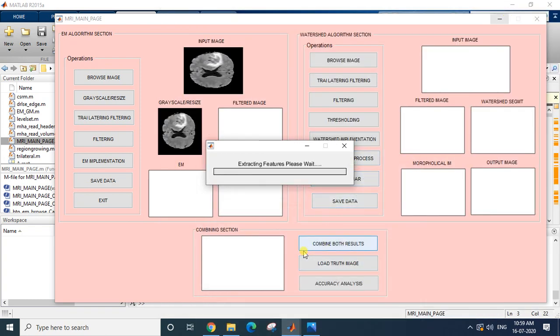Okay, still it is performing some operation. The speed all depends on your system also, meaning how powerful your system is. Right now on my system there are a lot more things running, even the recorder is running, so this might take some time. Or else on another system it will be very quick. So let's wait.